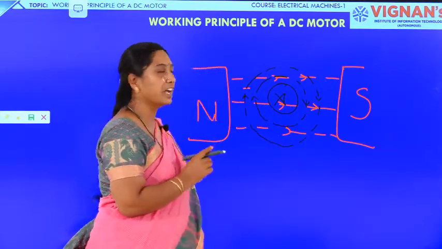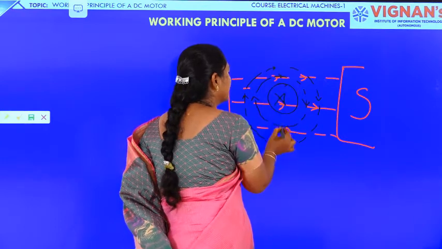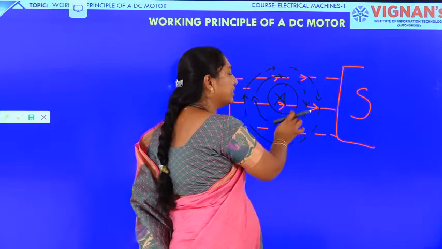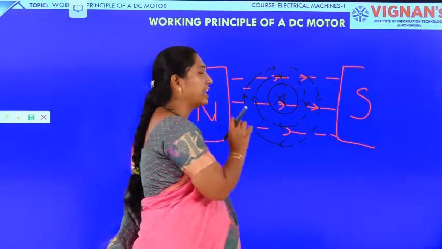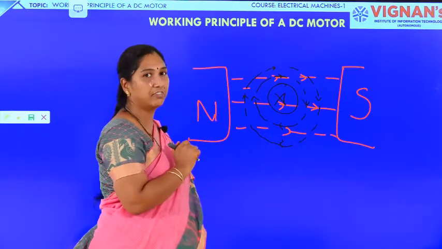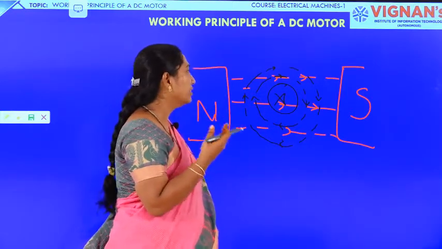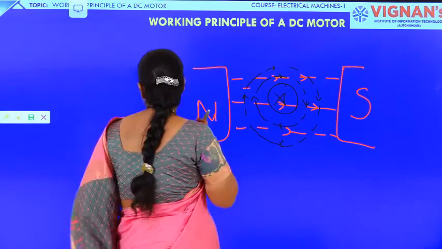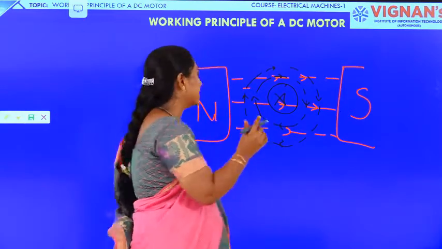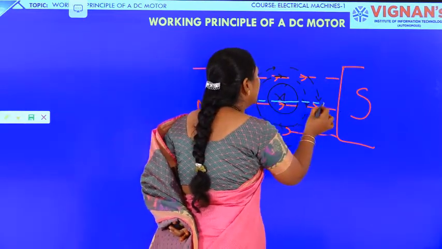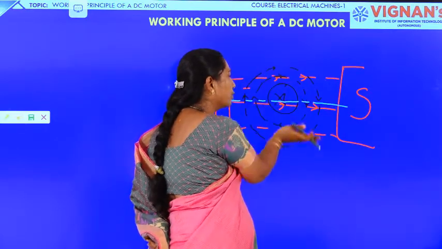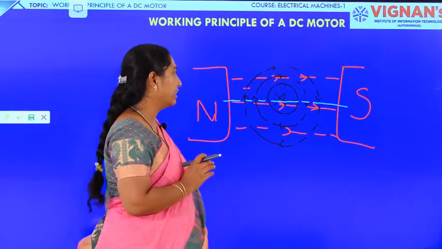Now here we can see that there are two magnetic fluxes acting. One magnetic flux is due to the main field and another is due to the current carrying conductor. It means there will be some interaction between these two magnetic fluxes. Now what is going to be the resultant flux? To study the interaction between the two fluxes, we divide the entire region into two parts: one portion above the current carrying conductor and another below it.